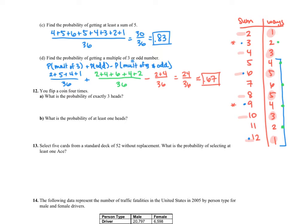All right, so looking at number 12, we're flipping a coin 4 times. We want to find the probability of exactly 3 heads. Well, we could make a tree diagram for this, but that will most likely be a little bit confusing. We can just think through it: if we're flipping a coin 4 times, to get 3 heads, let's see,